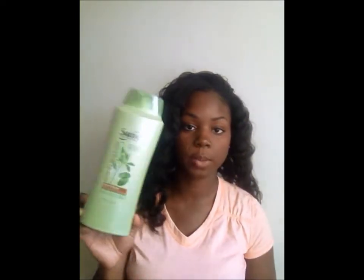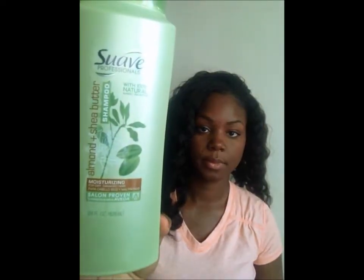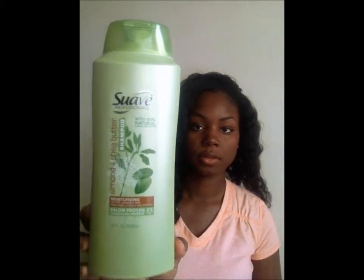And the first thing that I like to do is wash my hair once a week. I wash it with this Wave shampoo. This is the almond and shea butter shampoo by Suave Professionals. So I wash my hair with this once a week, and if I have dandruff, like during the winter time,